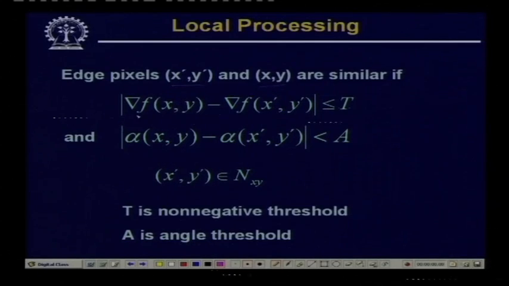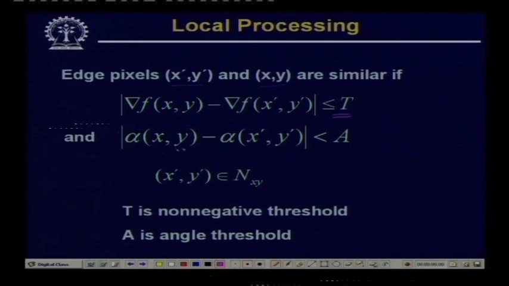So, we compute the gradient at location x y and also the gradient at location x dash y dash, and if the difference between these two is less than or equal to a certain threshold T, where T is a non-negative threshold, this tells you whether the strength is similar or not. At the same time, we also have to check whether the direction of the edge, which is given by alpha at location x y and alpha at location x dash y dash,